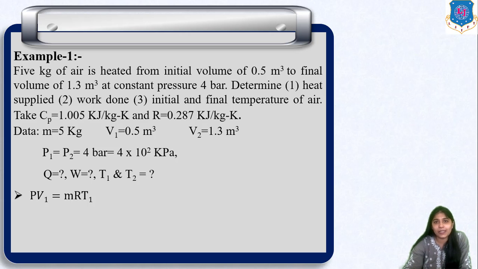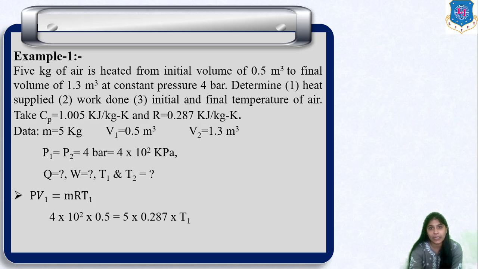We know that PV is equal to MRT. Okay. PV is equal to MRT. So in this we will be using this equation because we have all other values than temperature. So we also need to determine the value of initial and final temperatures. So for that we will be taking this equation. We will be using this formula PV is equal to MRT1. Okay, so substituting the value of P, then V1, then M and R, we will be able to obtain the value of T1. Right, remember that temperature will always be in Kelvin, since we are using MKS system.